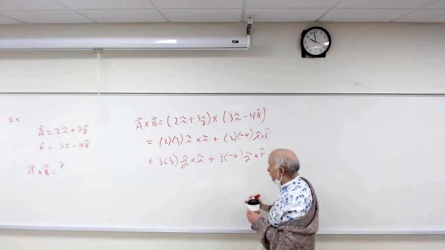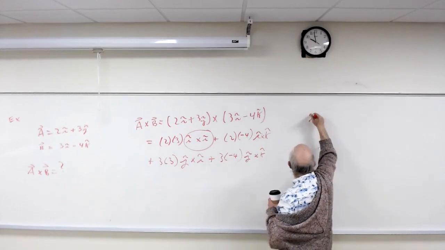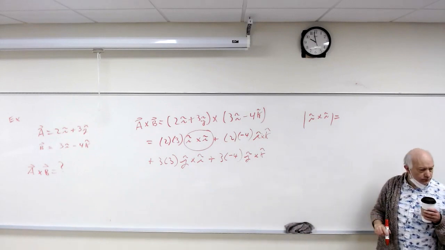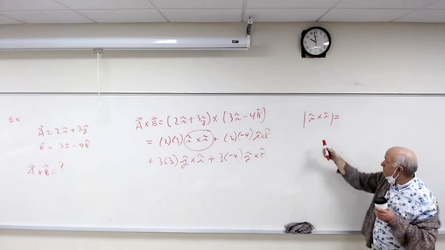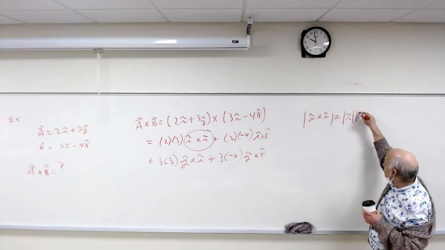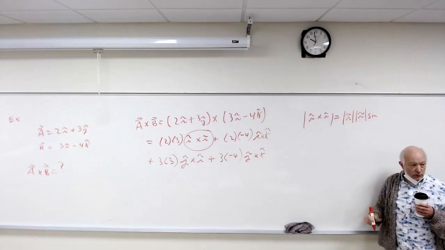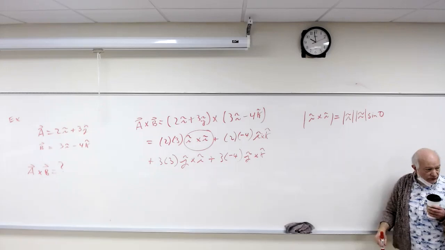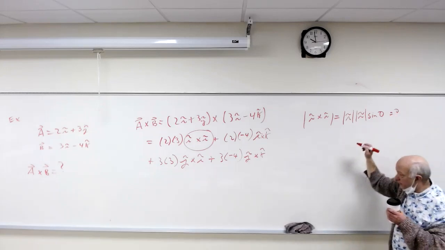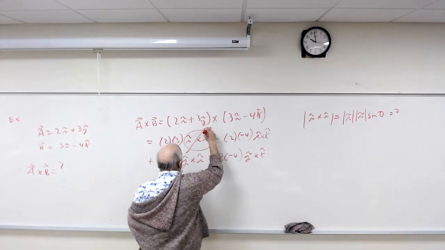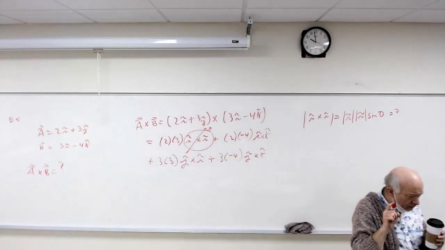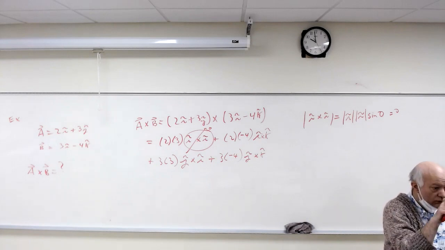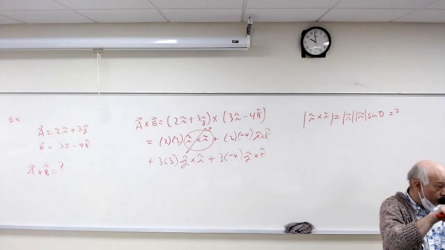Okay, let's work out this guy, I cross I. Let's work out the magnitude. What's the magnitude of a cross product? It's the magnitude of the first, times the magnitude of the second, times the sine of the angle between them. What angle does I make with I? Zero. Sine 0 is 0, so this guy here is 0. That makes sense. What does the cross product tell you? It tells you how much of one vector is perpendicular to another vector. If you have two vectors parallel to each other, there can't be anything perpendicular.